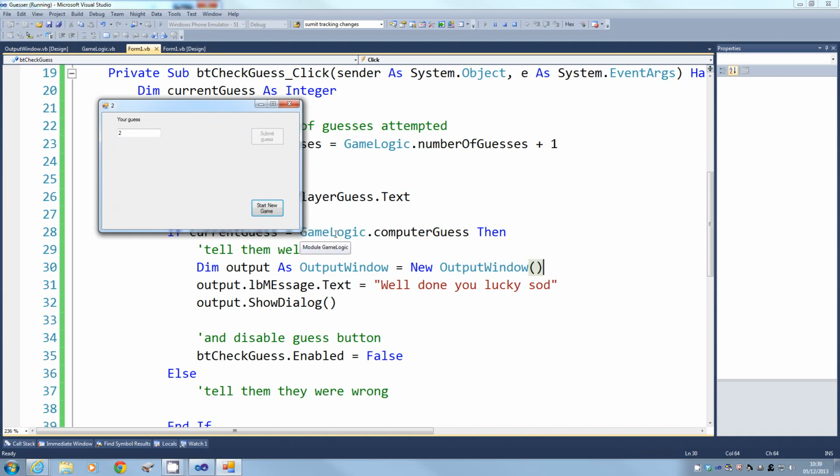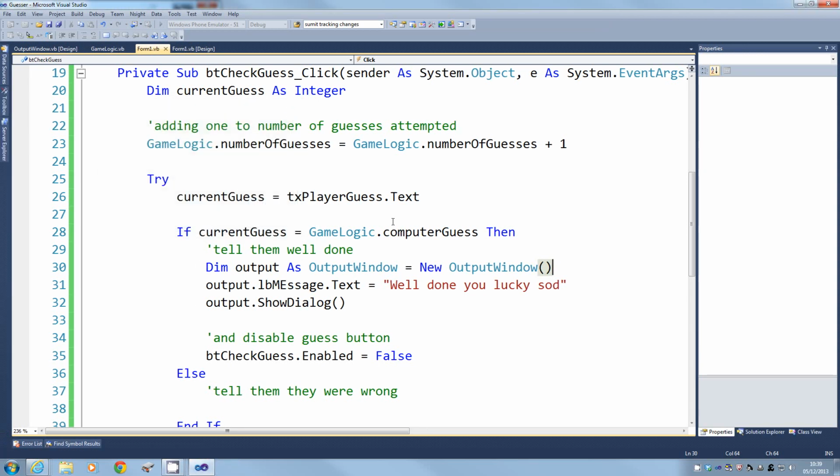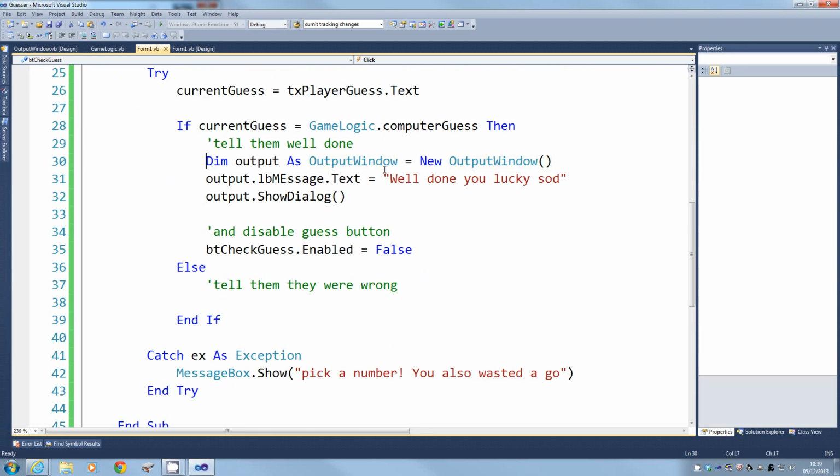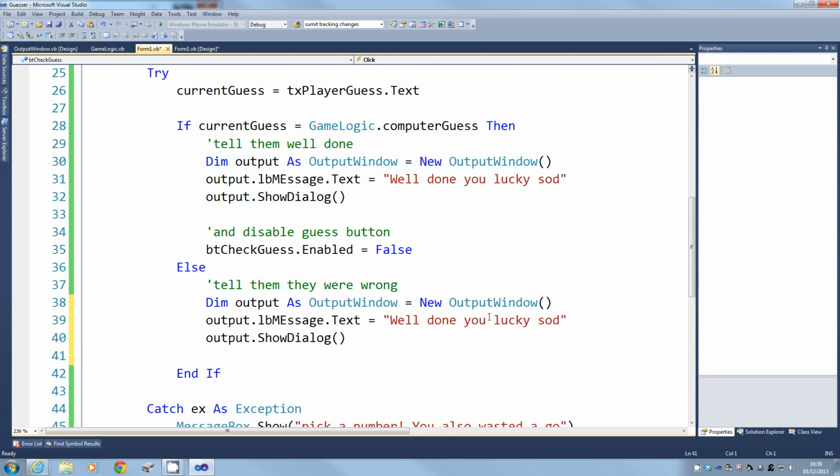Okay? Before I can continue, I don't have to show it like that, but it doesn't make sense to do that for what we're doing at the minute. So if I want to do the error message, or the "ha ha ha, you're useless" message, I'm just going to copy that code and repeat it. But obviously I'm going to say "you are naff at this", or whatever appropriate message you want. So this time,